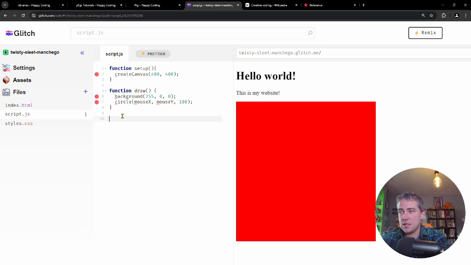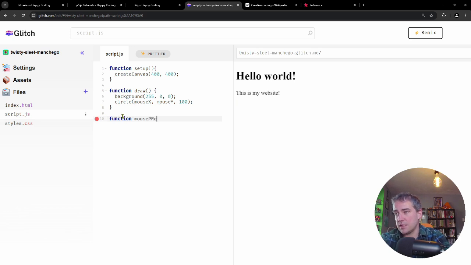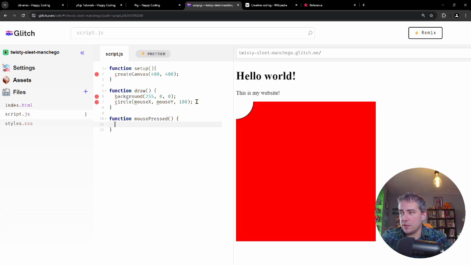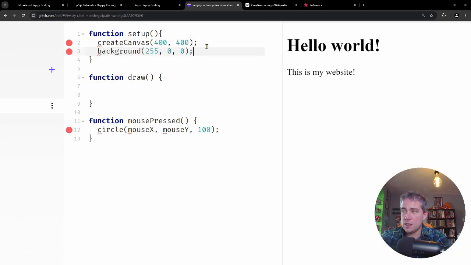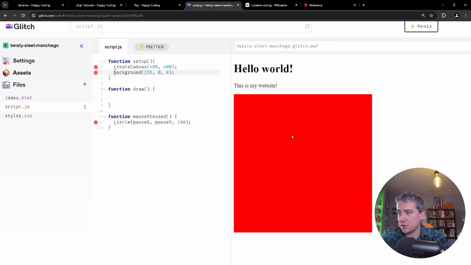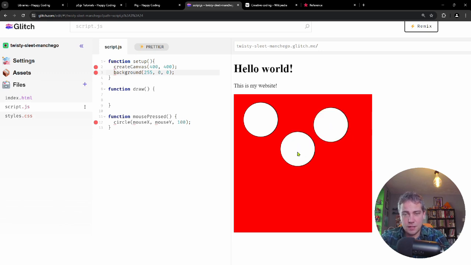So if I instead have function mouse pressed, and then in here, what am I going to do? I'm going to draw a circle where the mouse is. So I'm going to take this, put it there, and then the other thing I'm going to do is move this background back to setup so that my old frames are not cleared out. So now I don't show any circles yet. I'm moving my mouse around, but I don't see a circle. But if I click, then I do draw a circle. So I can click around and I can sort of draw with my mouse